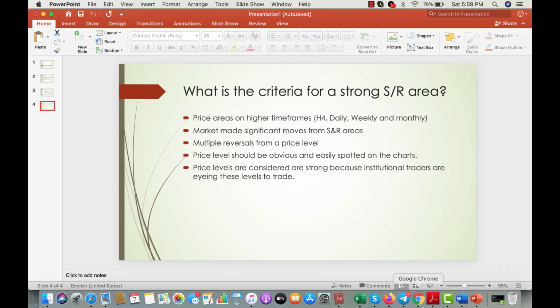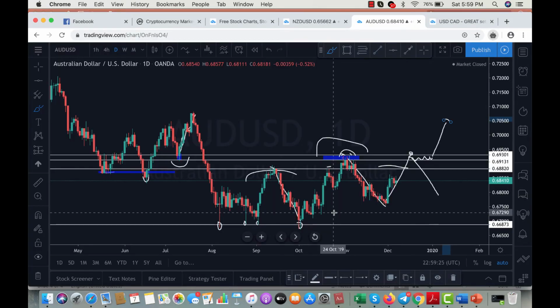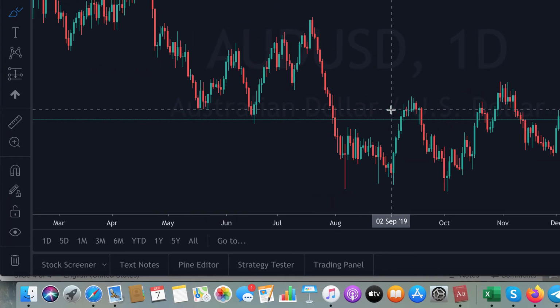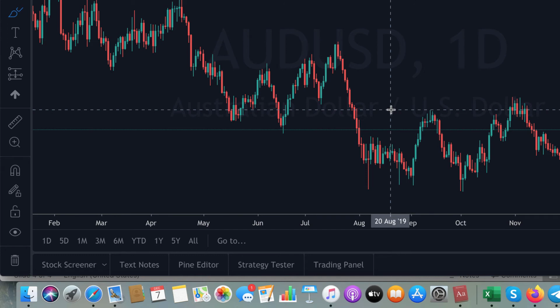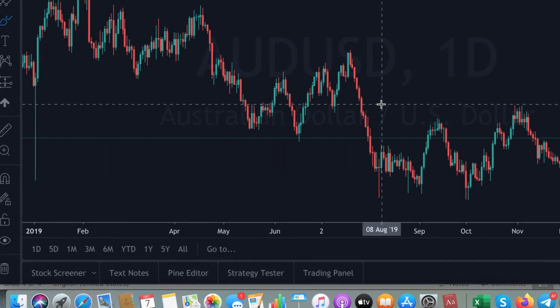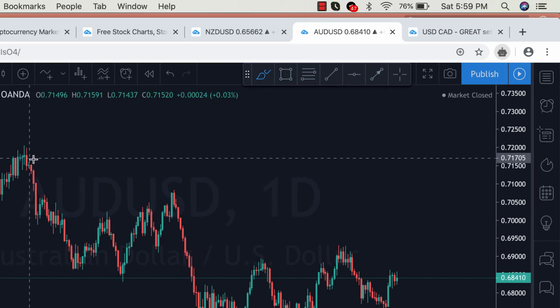So another thing you want to be looking at: when you're drawing your support resistance lines, you want to make sure that you are able to spot them pretty easily. Now, there can be multiple supports, guys. There can be multiple resistance levels. But you want to be able to draw the ones that you are able to see clearly and easily spot. For example,